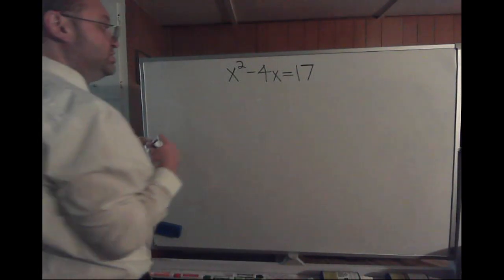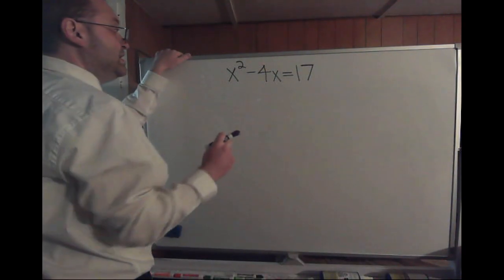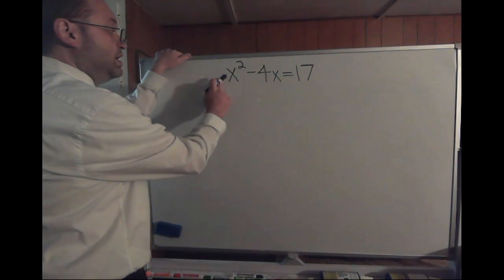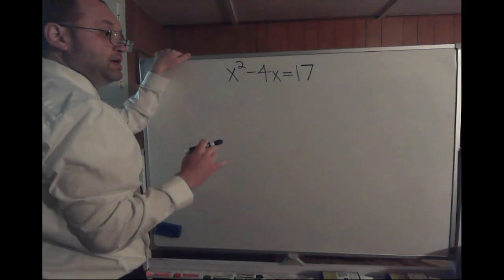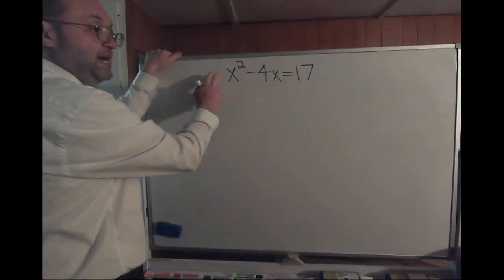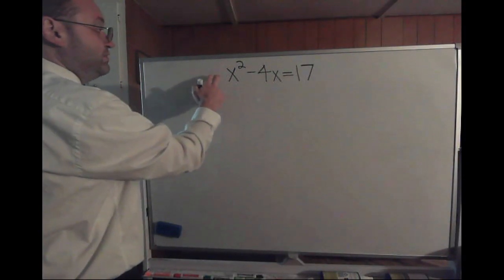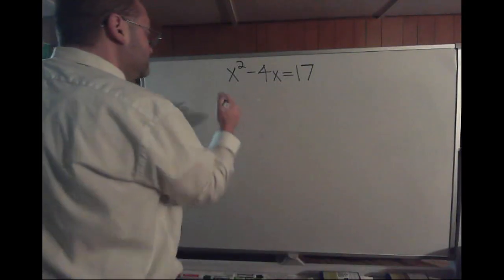So here's what you do. And completing the square only works if the coefficient is 1 on your x squared term. Now, we'll get into problems where the coefficient's not 1 and we have to make it 1, but for now, it's nice and easy. The coefficient on the x squared term is 1,